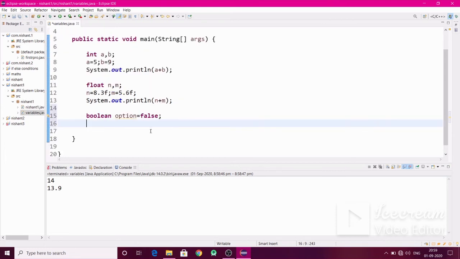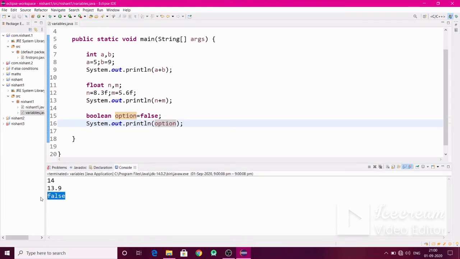So inside this option variable, which is a boolean variable, this false value is stored, and if you want to print it, you only have to print option, and since the value of option is false, the program will print false.